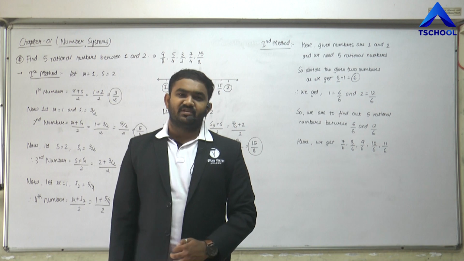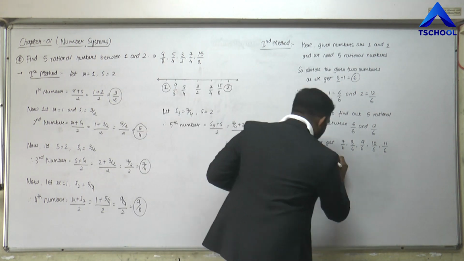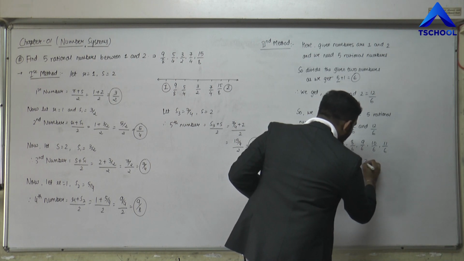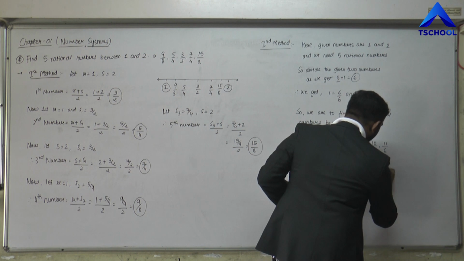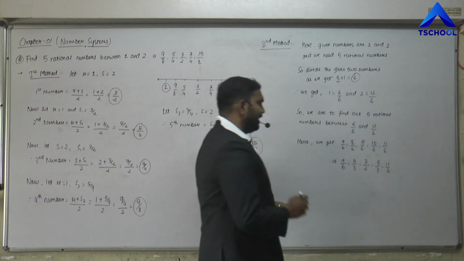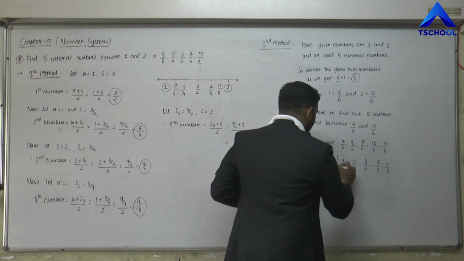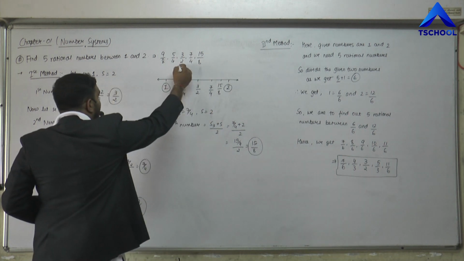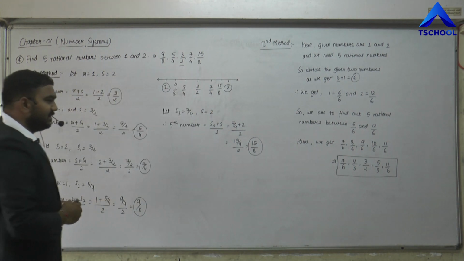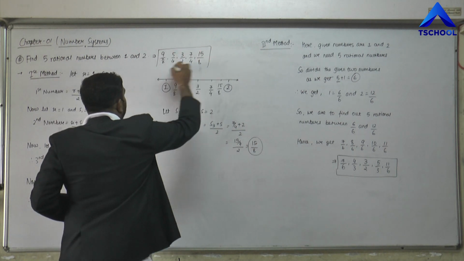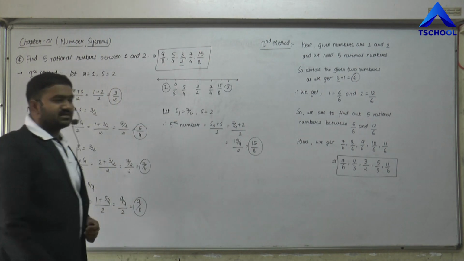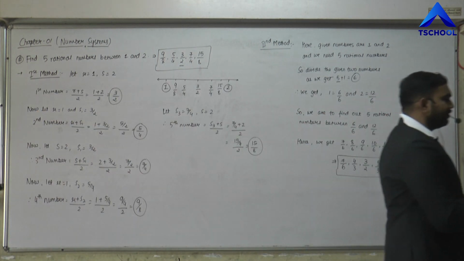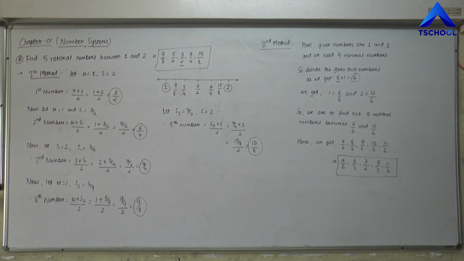Hence, these numbers can finally be written as 7/6, 4/3, 3/2, 5/3 and 11/6. Right, so these are our required rational numbers. You can see friends that we also got a 3/2 here, and we also got a 3/2 there. Similarly you can get many more numbers, right? So the first method gives us these rational numbers and the second method gives us the second set of rational numbers. So in this way you can obtain many more rational numbers also, right?